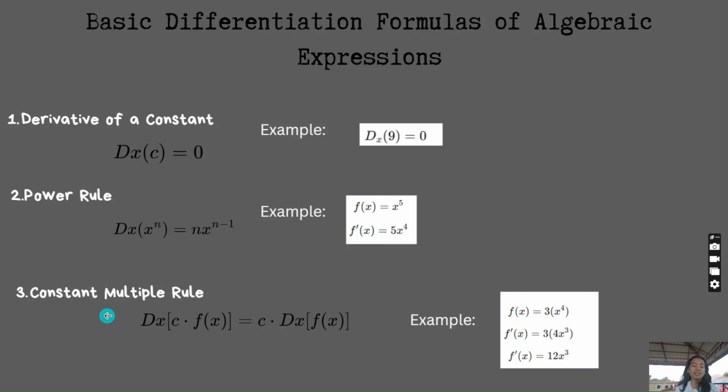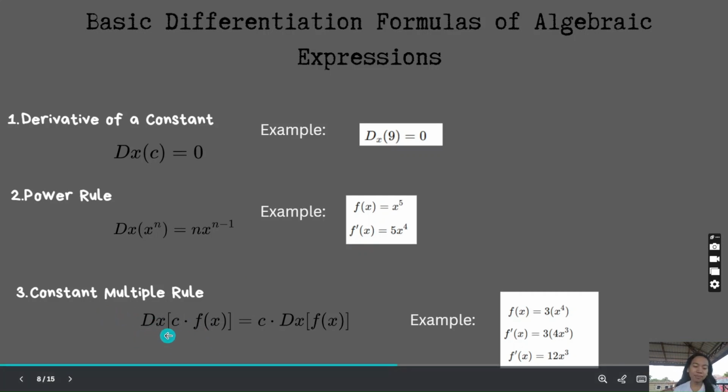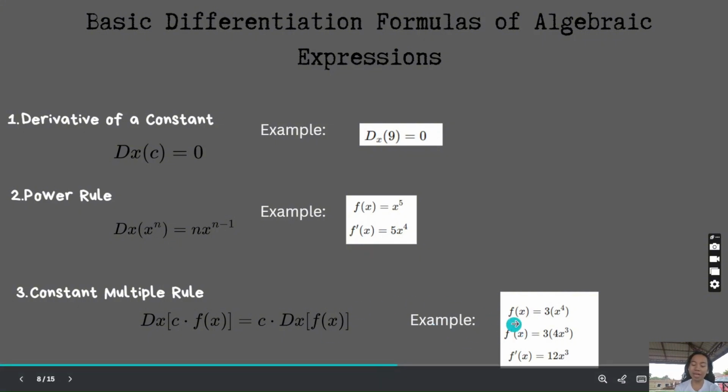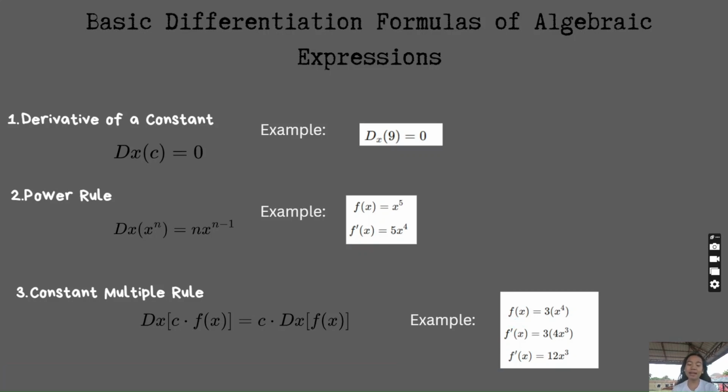So moving on with the constant multiple rule, this will be about getting the derivative of the multiplication of a constant with a function. So that is equal to the constant, or the c, times the derivative of the function to be multiplied with the constant, or the derivative of f of x. So as our example here, given the 3 as the constant and x to the fourth